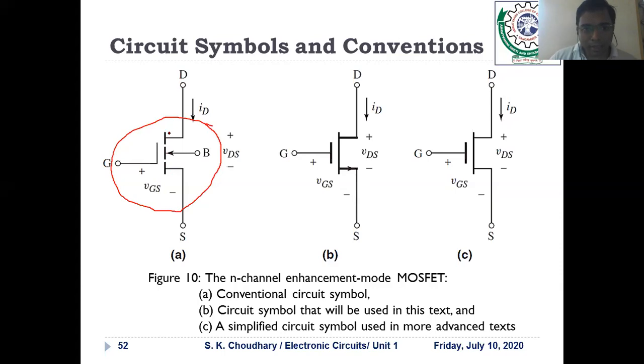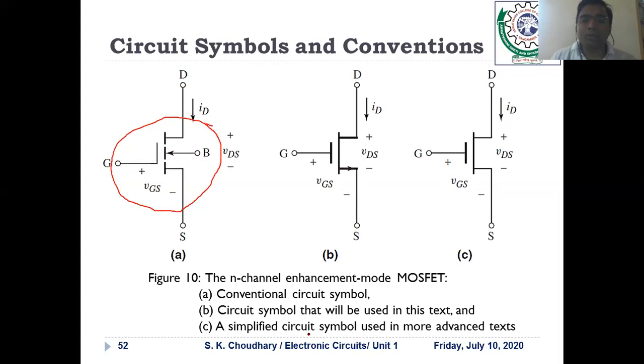Then the drain and source are both made of N channel material and separated from each other, and in between there is a channel. So this is the channel we can consider. As we know, the current always flows from drain to source for the N channel MOSFET, so the direction of current is also from drain to source. The body is the terminal where we form the channel. We will see in further points how to use this.